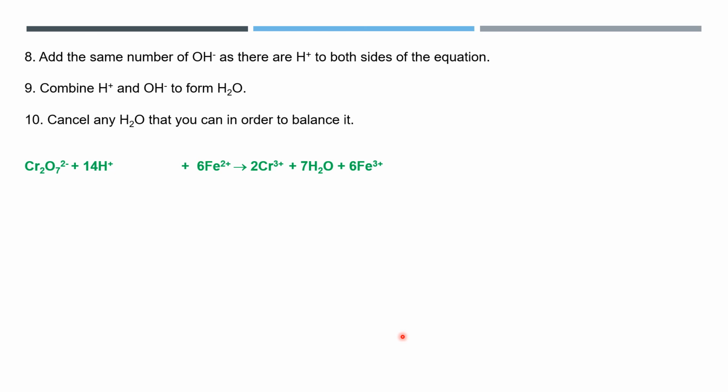So now since we have 14H plus, let's put 14 OH minus on the reactant side and 14 OH minus on the product side. So once we do that, you can see the next step says combine the H and the OH minus to form water. So this is the H and the OH that we will be combining up. And we will end up with